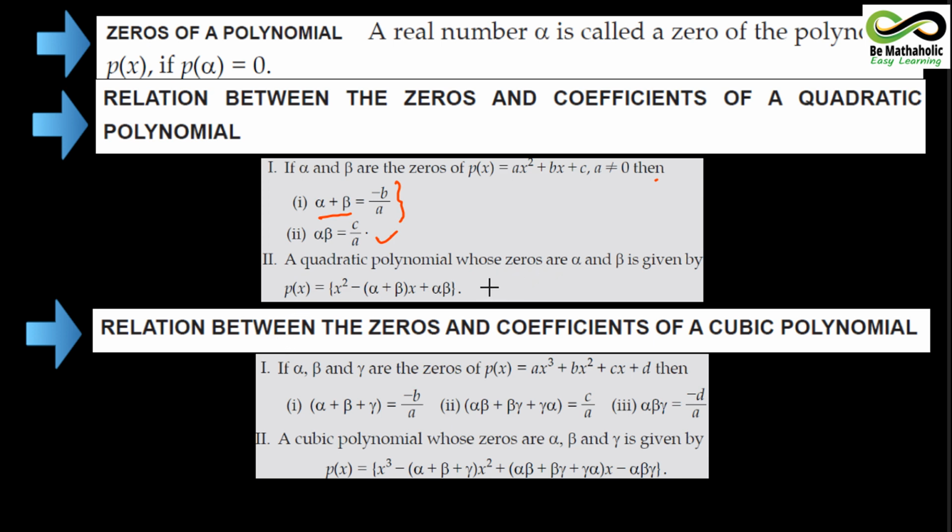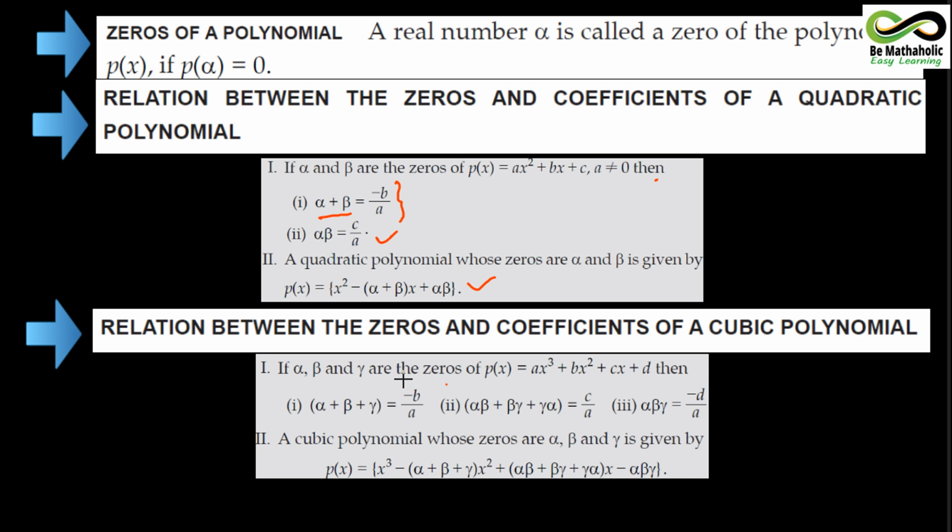Please do remember this. Along with this, children, if you are being asked to frame the quadratic polynomial, then please remember this expression, which is obtained after substituting the sum of the zeros and product of the zeros. Sometimes they may give you these directly, so you can substitute here, and in this particular expression you can make a polynomial. We are going to have questions based on this also, so we will discuss them in the later half of this video.